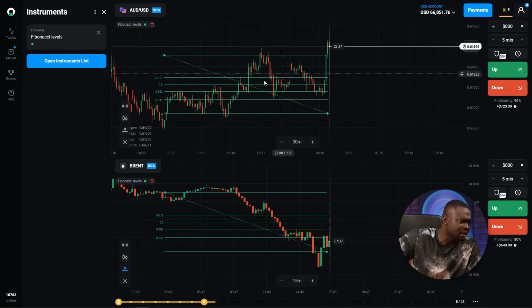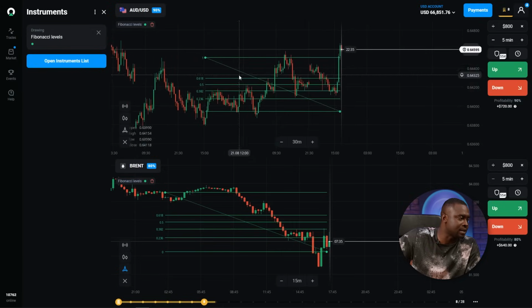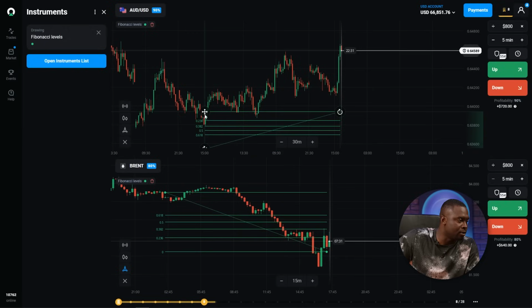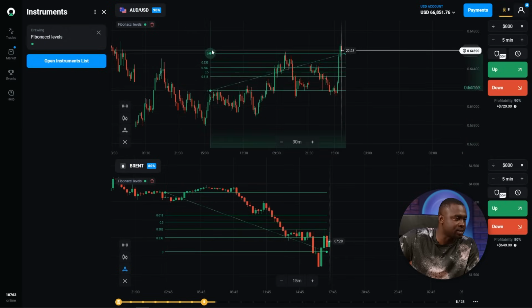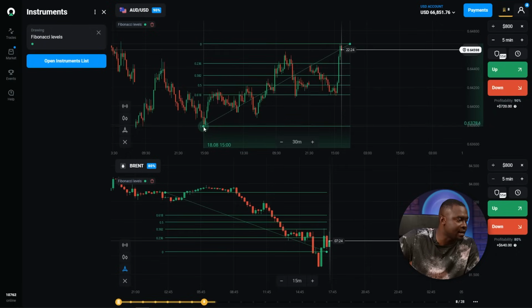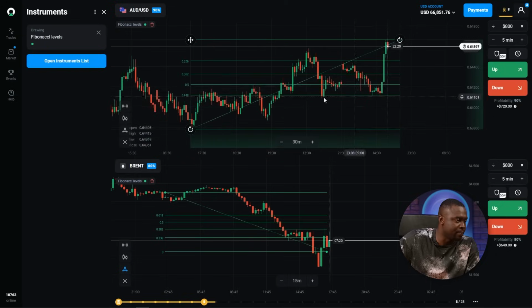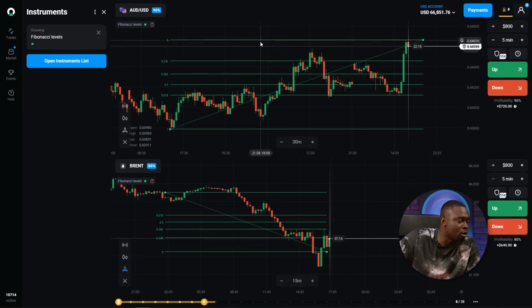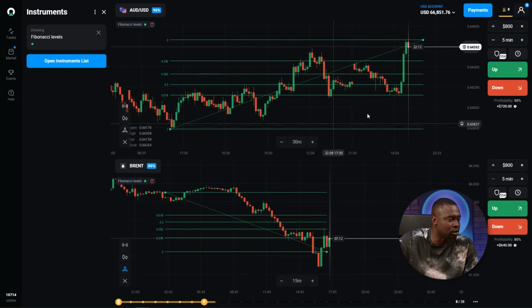So in an uptrend, what happens is that we rotate the Fibonacci level, vice versa in a downtrend. That is, we have the 0 level touching our level of resistance, and we have the 100% touching our support level. Because we are trying to identify key areas or key regions